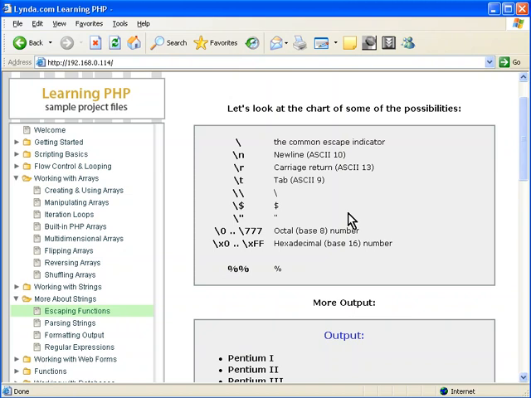Let's talk about escaping functions. We're going to be working with some characters that are going to allow us to add new lines, tabs, character returns, and things like that. And what happens when you escape your characters, you're doing what your word processor does, you're doing what Outlook does,